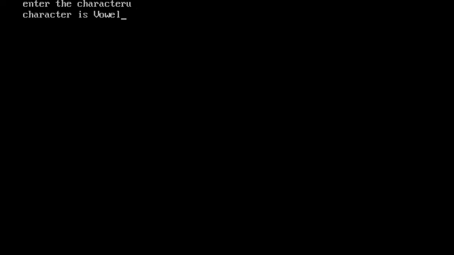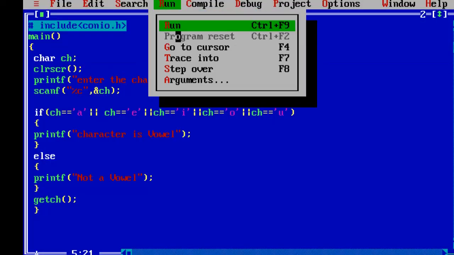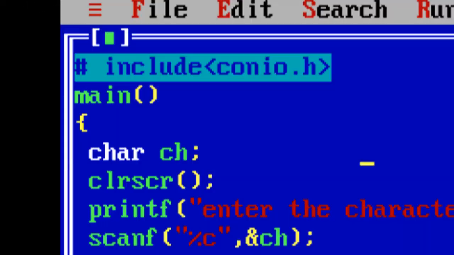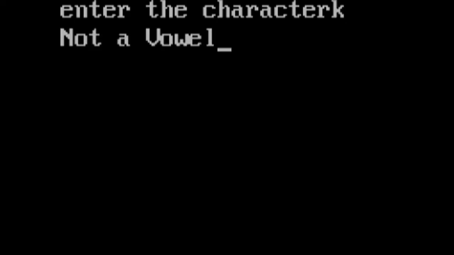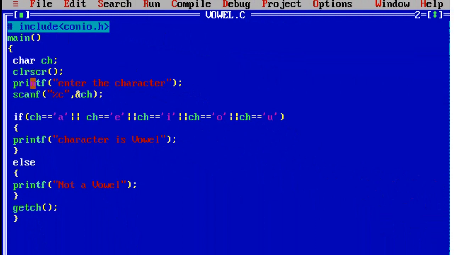U, character is vowel. Enter. Again run this program with any character. D, not a vowel. Again run this program to check. Not a vowel. Right? So this is the code for how we can input through our keyboard.